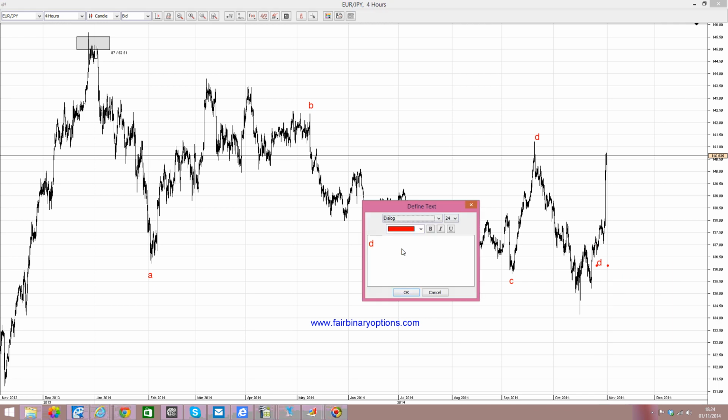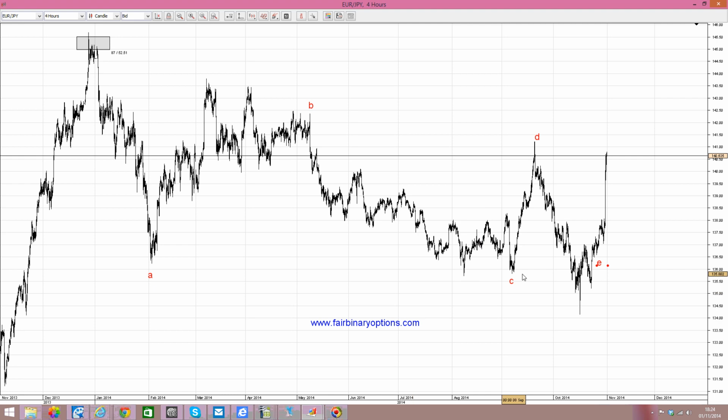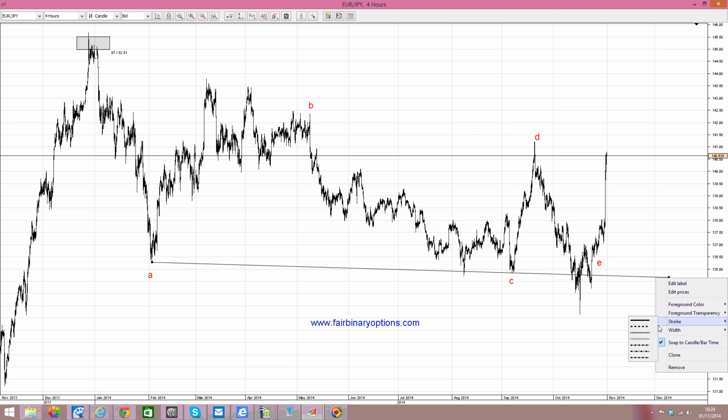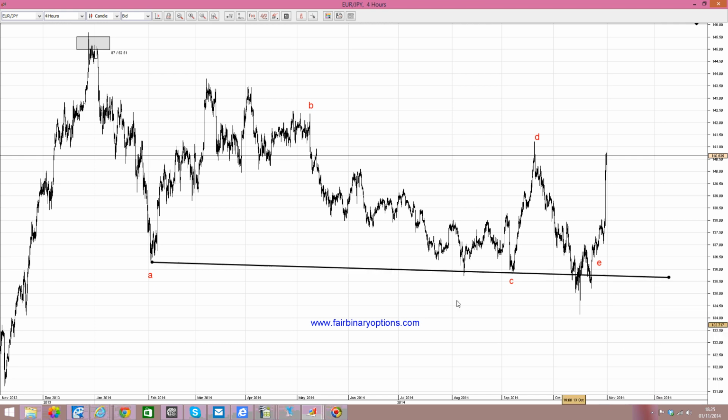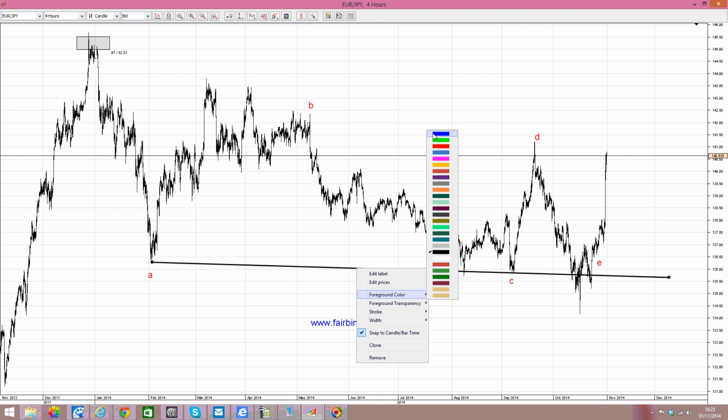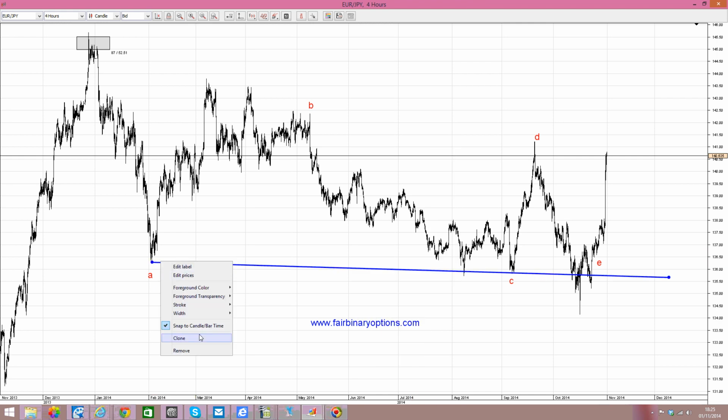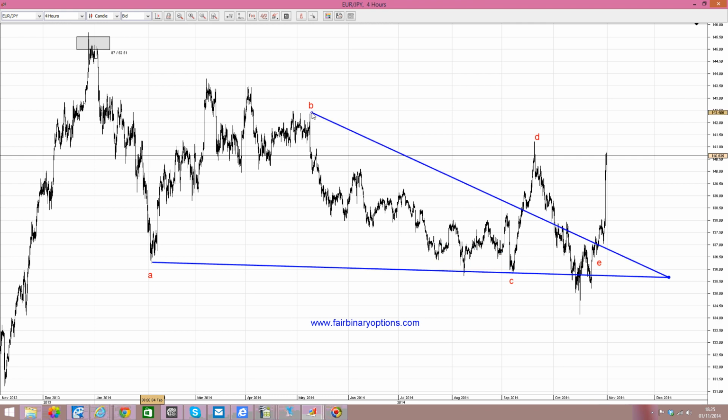So having said that, like any contracting triangle, it is traveling between the A-C and B-D trend lines, and the most important trend line in any triangle, not only a contracting one but in any triangle, is the B to D trend line, as it has some important rules to be respected. First of all, the A-C trend line can be pierced by any parts or whatever the ways, but the B to D trend line cannot. And if you look at the B to D trend line here,